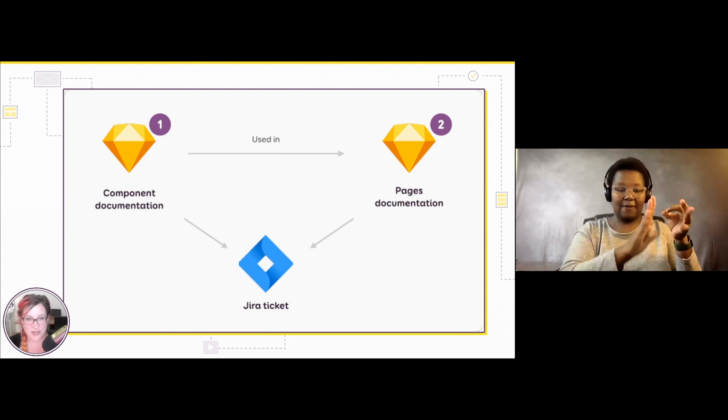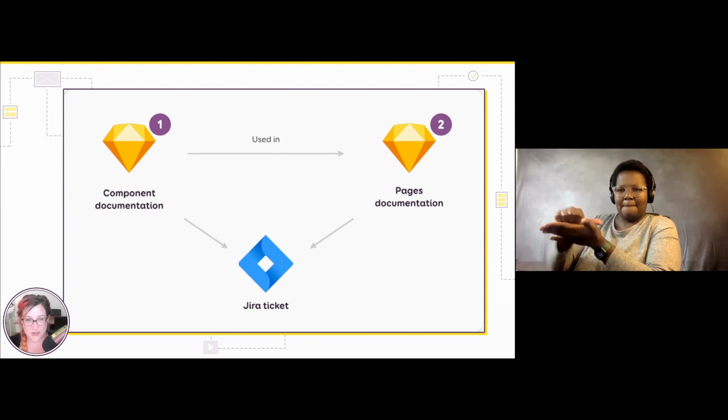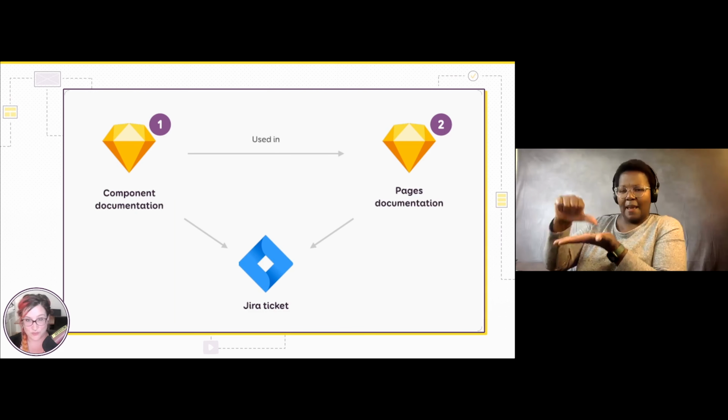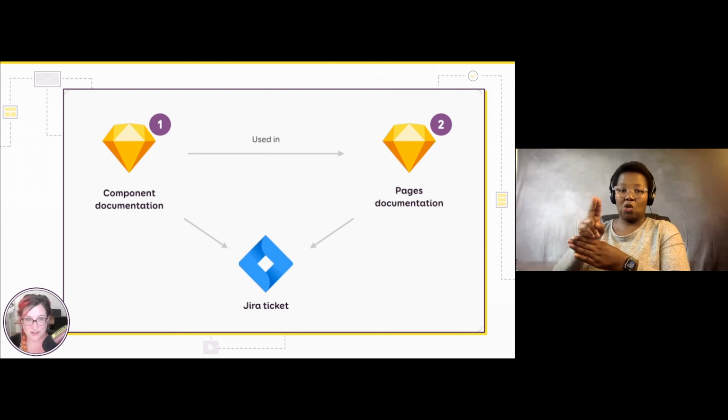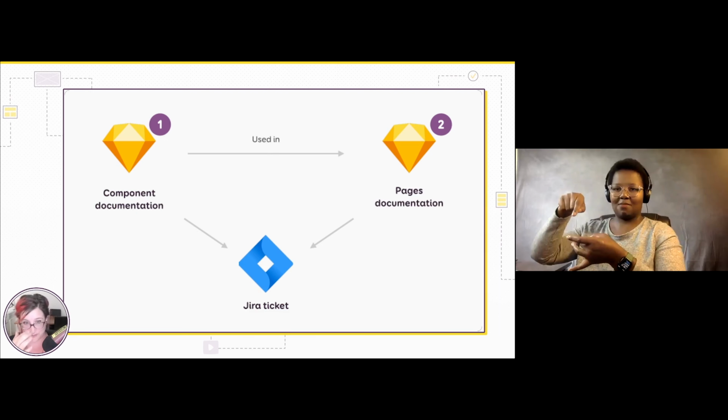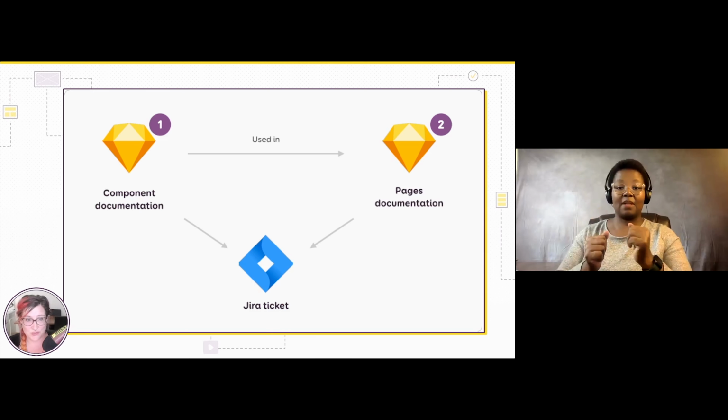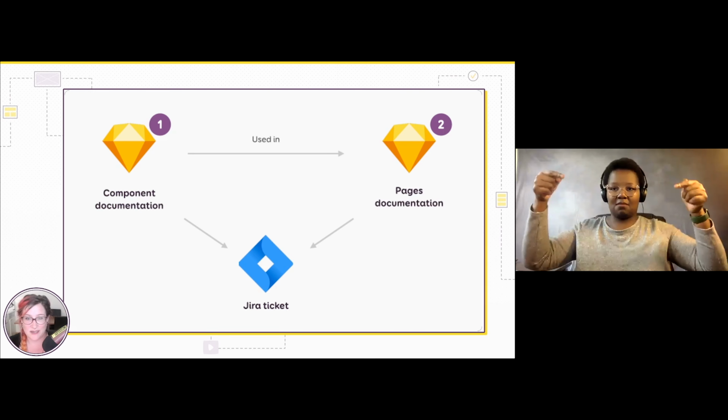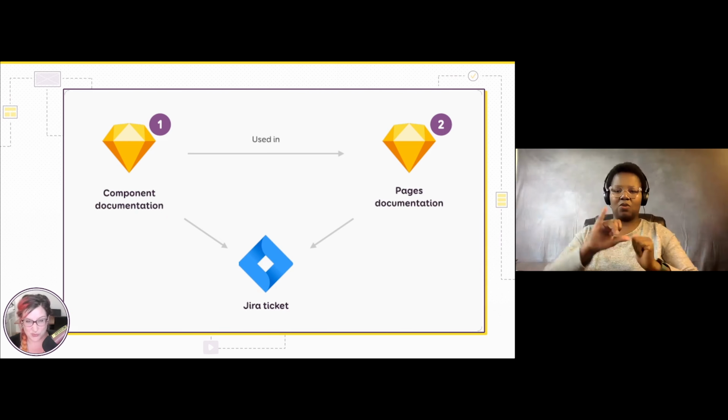And then we have page documentation. So in page documentation, we are going to use those components and put together bigger end pages. And both of those documentation end up in Jira tickets. So we are linking to the components, but also to the detailed page in our Jira tickets.